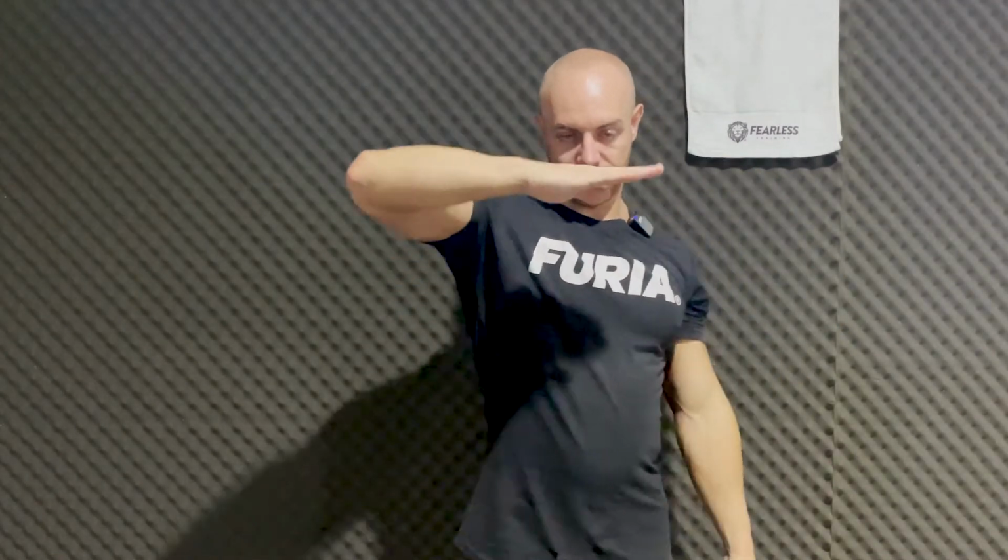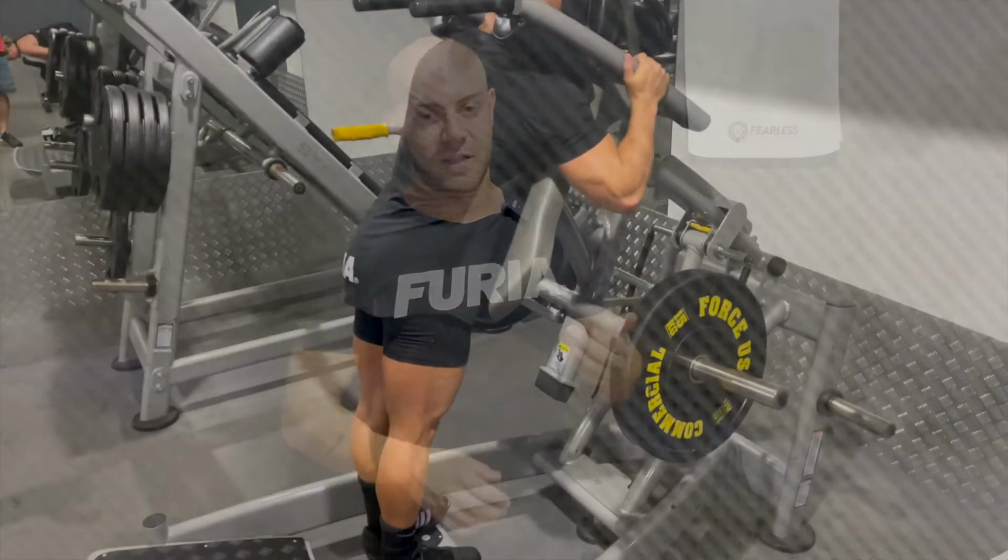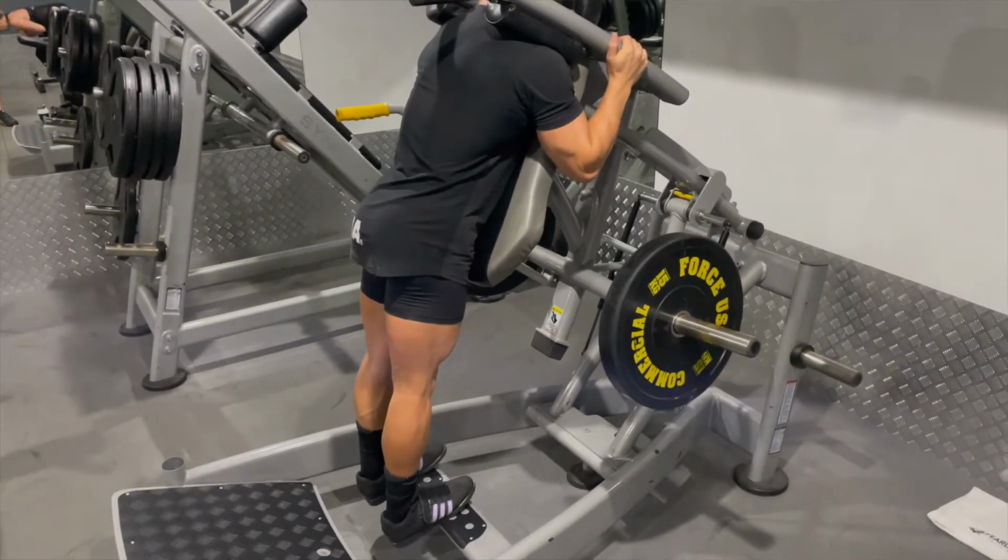So you'll see a lot of people just bouncing with loads of weight. It's not doing much for the actual gastrocnemius, which is the biggest part of the calf muscle that you want to activate. You can see, if you go down into what we call dorsiflexion, you stretch out as much as you can with your flexibility, hold it for a second, and then come up to the top